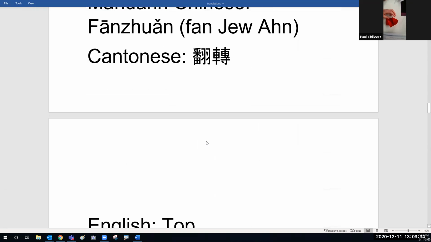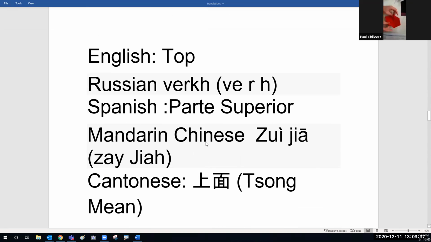Timing is very important for us, that this fold, you make this the top, or the verh, or the parte superior, or the zhe, or songming. If you have it any other way, the fold does not work. Oh, okay. Has to be the top, that point that is solid. And that is coming through in the video. That is the top. Very good.